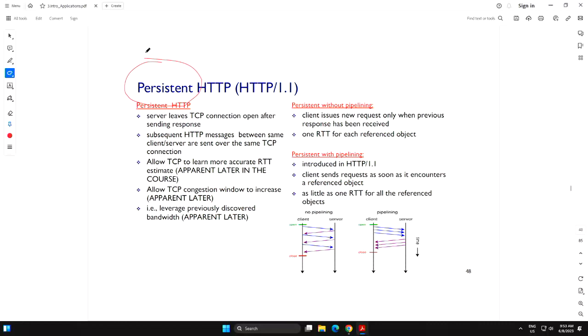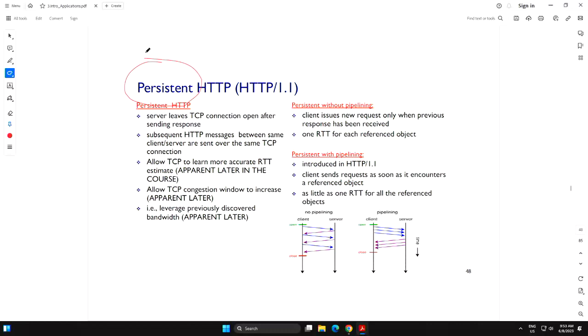Okay, so this is not parallel, but instead of closing the TCP connection, I still have one TCP connection. I'm not asking the server to open 100 TCP connections. But the TCP connection that I open for my page download, I will not close it for one object. I will keep it open for all the object downloads from your server, right? So multiple objects will be transmitted over the same TCP connection over time.